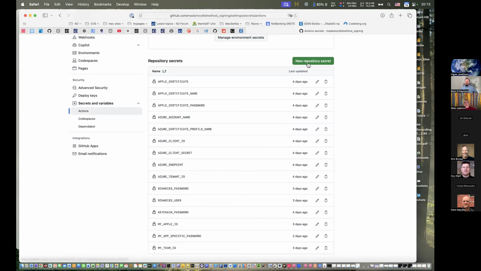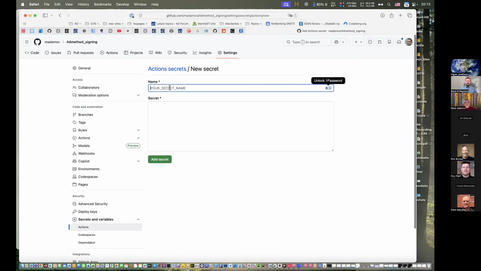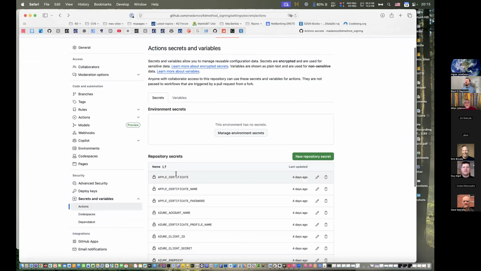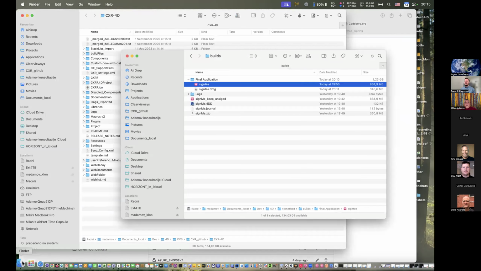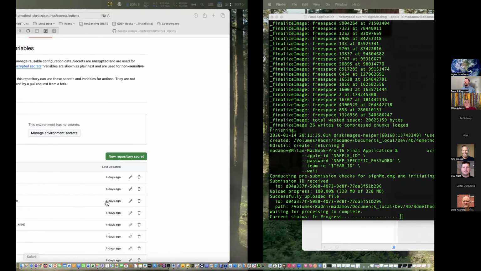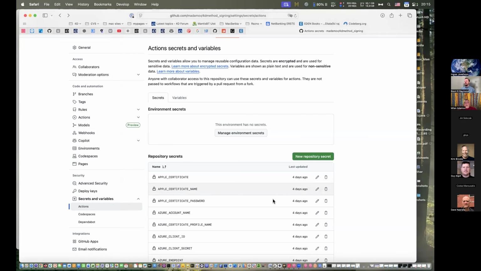So you just create a new one, give it whatever name you want, and the value. In the case of the Apple certificate, you use the base64 command in terminal to make a base64 hash, open that in a text editor, and paste it into a secret. So in this one, that's the one.